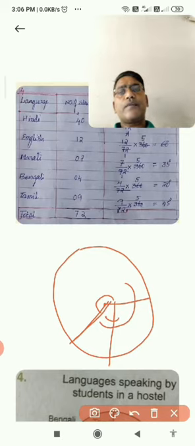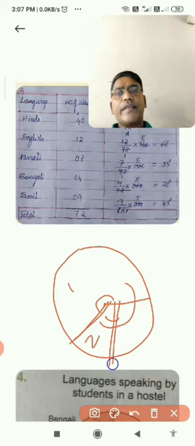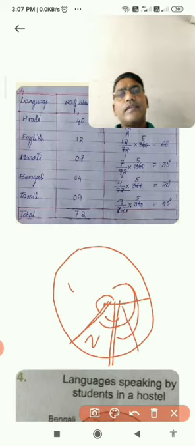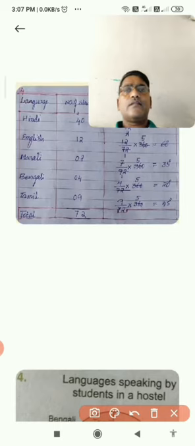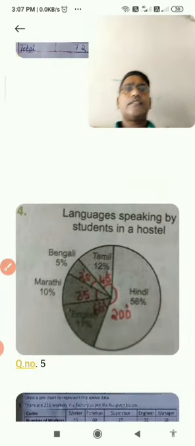So first part over, second part over, and next time you are taking this radius as the base and you are keeping the protractor again and taking the 35 degrees here. Clear to you? Then the third part will come. Like this, go on keeping the protractor on the radius, you will get the answer. Like that, if I am showing one that was already prepared, this is 200 degrees. You see, I will show again.